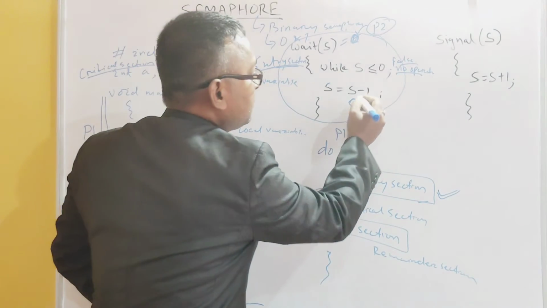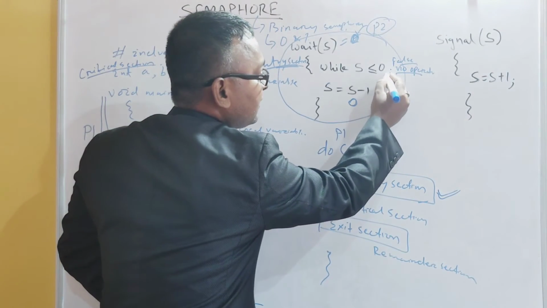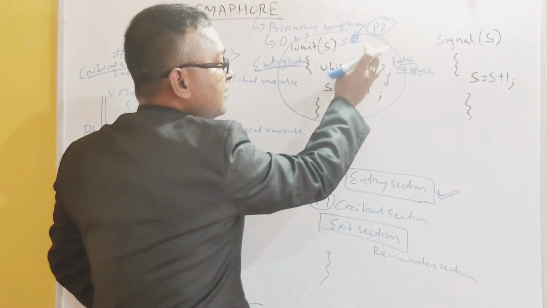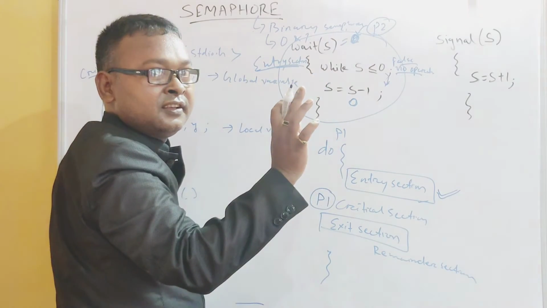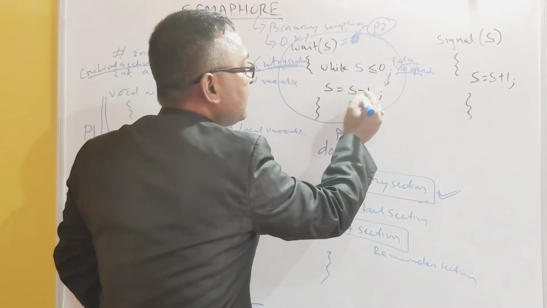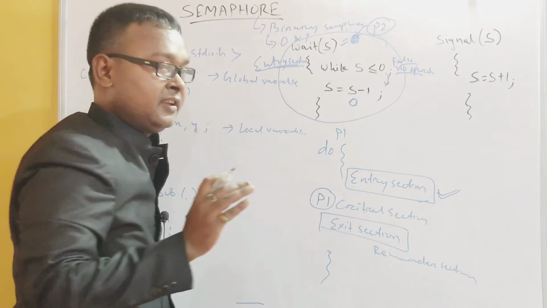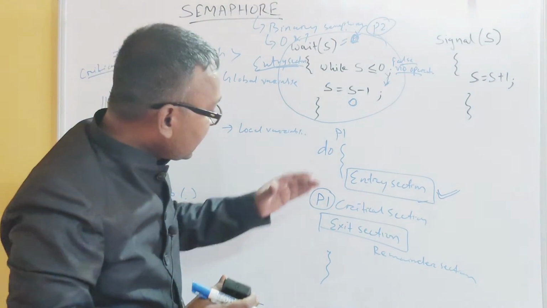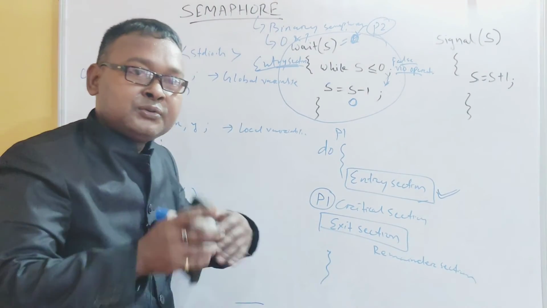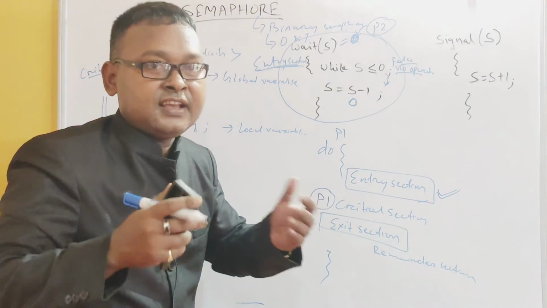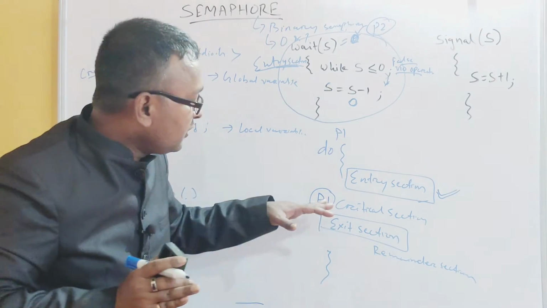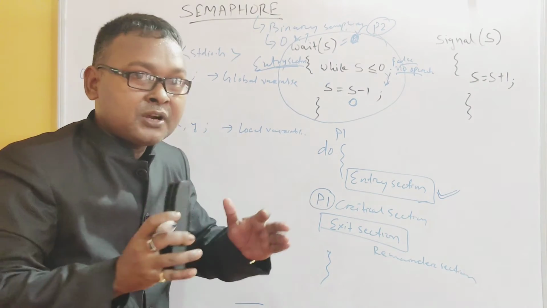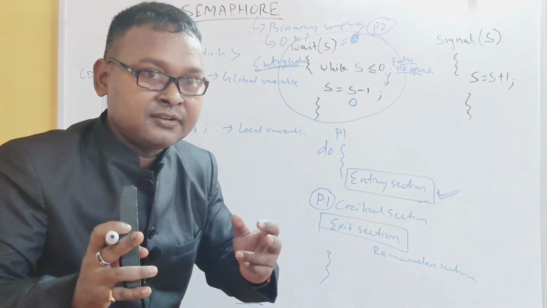Understanding? So P2 is not able to execute this particular entry section, because it is being stopped here only. So P2 will not be allowed to enter into the critical section, thereby allowing P1 to complete its execution. So by doing so, the process synchronization is achieved, yes or no? That means the critical section problem is solved, yes or no?